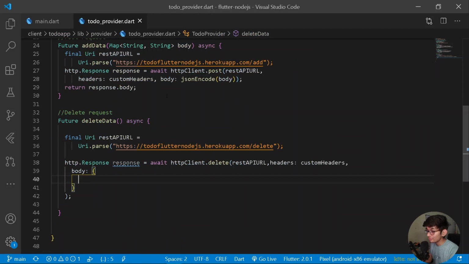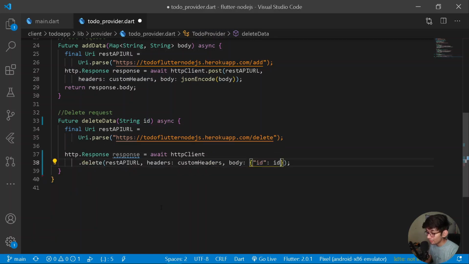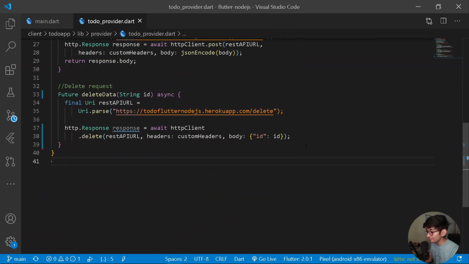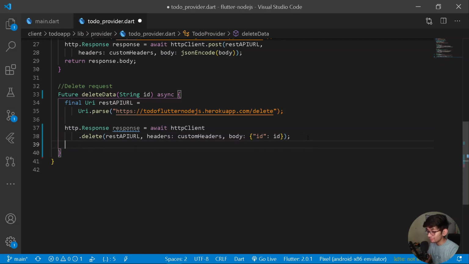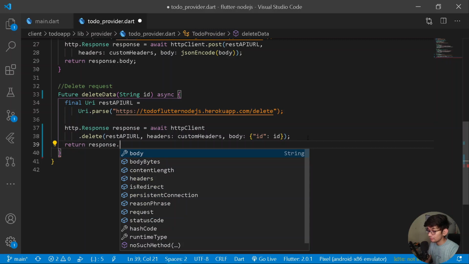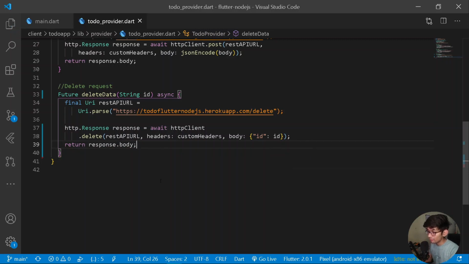And now let's go under our to-do provider, and here we should have a body to be ID, and under ID we should be receiving any type of data. So here what I will be doing is providing your body, and under this we should be providing a body under a string which will be ID. So let's copy this thing and paste it here, format document first. So once everything is done from here, let's also return some response. So here let's have return response.body, just like this, format document first.